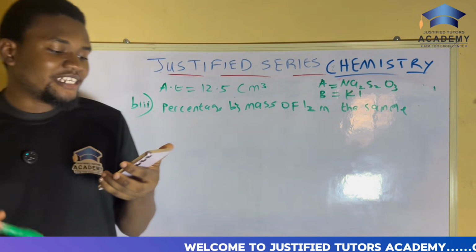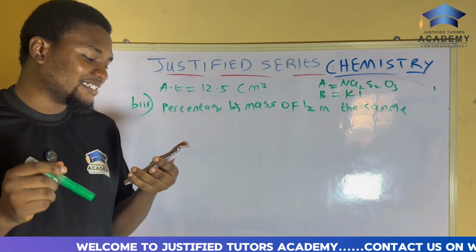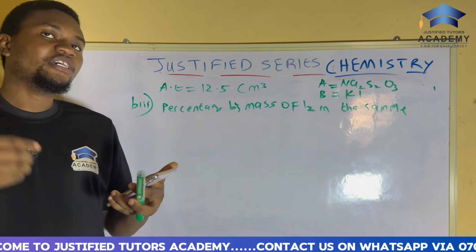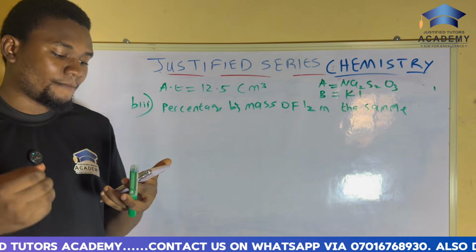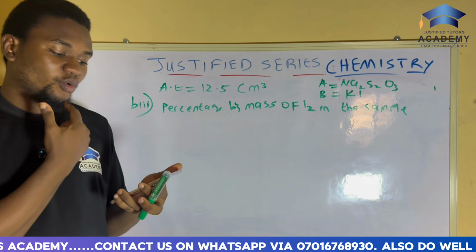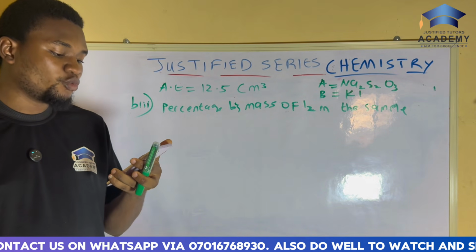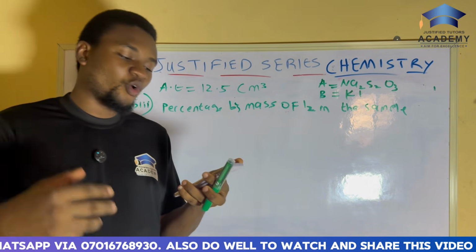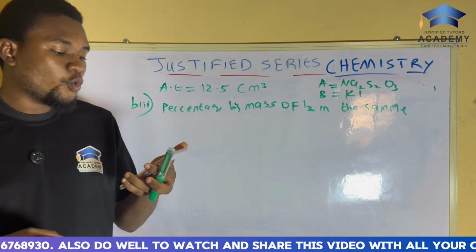Now, to find the percentage by mass of iodine in the sample, we first of all need to find the concentration of I2 in gram per dm cube. Are you getting me? We need to find the conc in gram per dm cube. We already know the conc in mole per dm cube. So now we need to find the conc in gram per dm cube. When we have the conc in gram per dm cube, we will use it